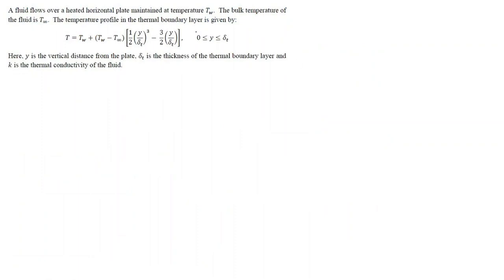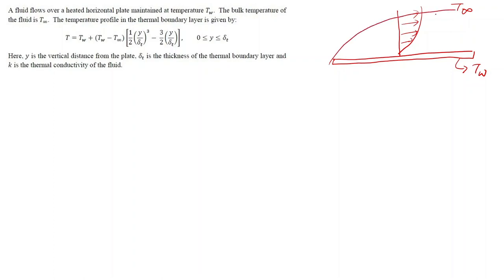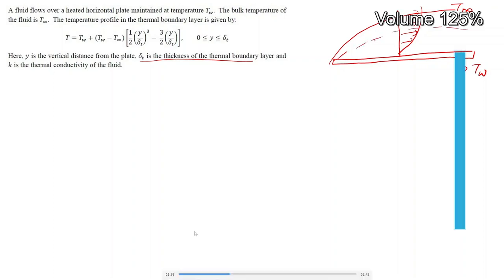So as given in the question, we will draw the schematic. Of fluid flows over the heated horizontal plate maintained at temperature Tw. So let's just consider this is our heated plate and the temperature we have been given as Tw. The bulk temperature of the fluid is T infinity, and we have a fluid flowing through this plate. So correspondingly the profile will be like this, and where we have been given delta T is the thickness of the thermal boundary layer. So if this is my thermal boundary layer,